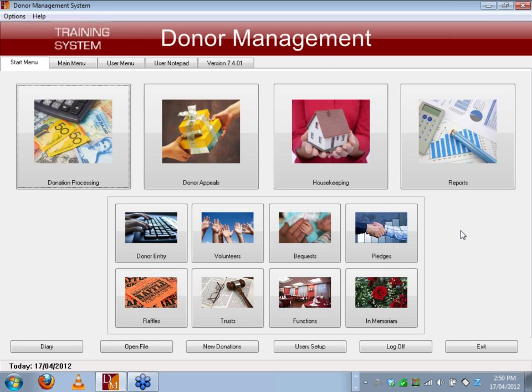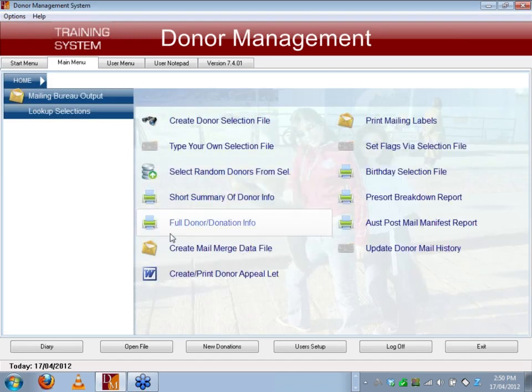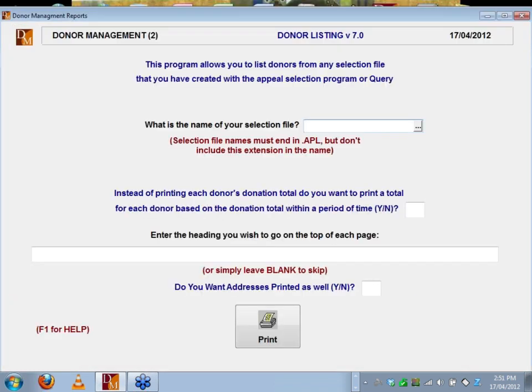Today what I've been looking at is how to do selections, not about how to actually report output. So I'm not really sure what she means by the final data output. You can certainly select by how much someone's given, but I've just been showing how to select. If you want to show how much someone's given, there are ways, but again, I'm not sure which area she means. But if we go back to the appeal system, if we go to the short summary of donor information,